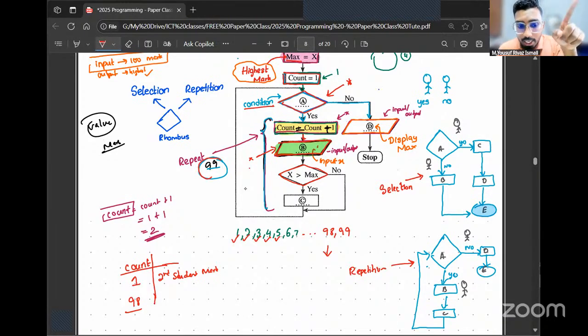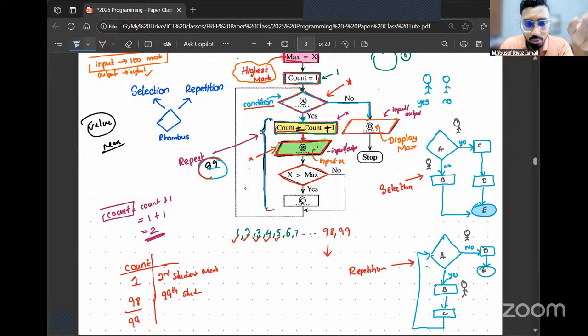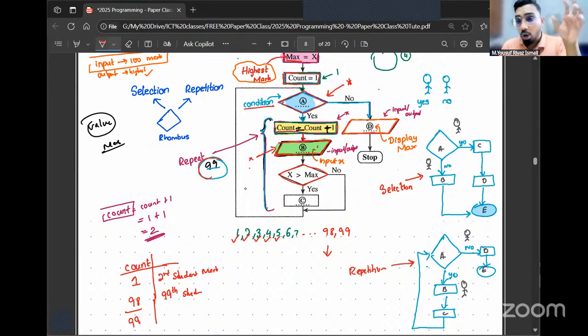When the value of count is 98, you're deciding, should I go and take the 99th student's marks? Similarly, when the value of count is 99, before the rhombus, we're going to check the value of count. If count is 99, now you're deciding, should I go and take which mark from the user? And the value of count is 99.